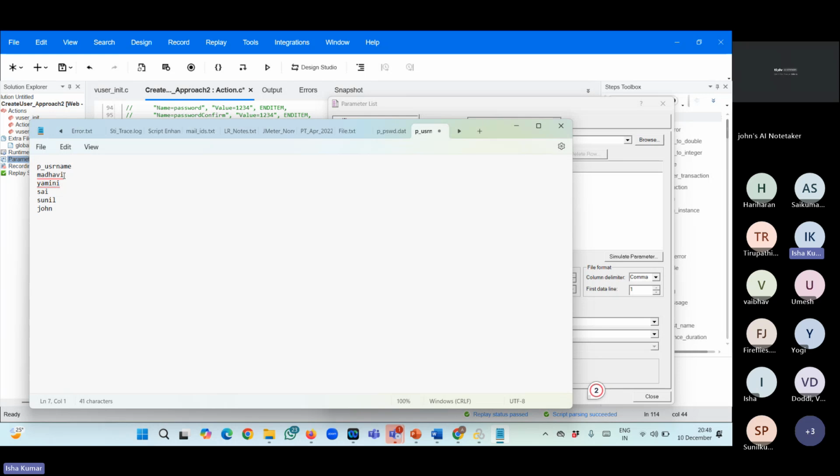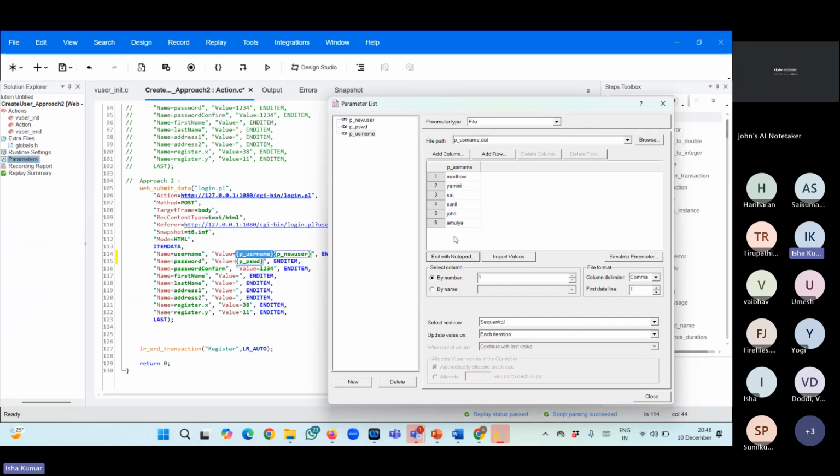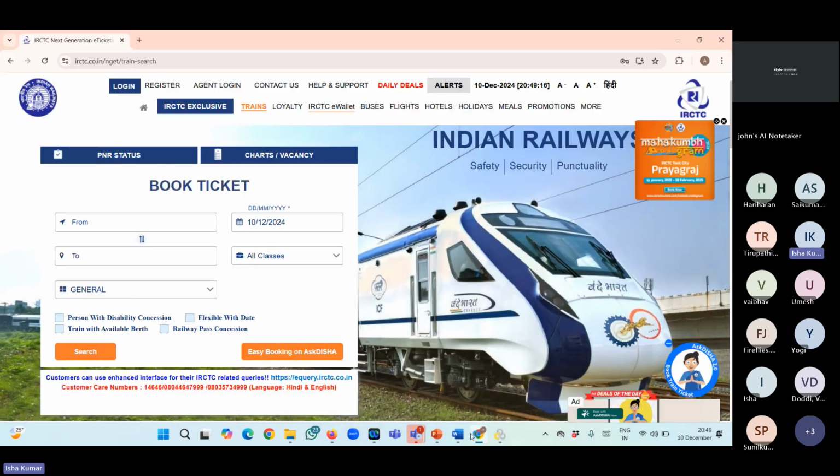Okay, Amulya, and I will be adding the required user credentials I need to import into my script. I will be recording only once, but I will use this script if Amazon wants to check its login functionality for 1 lakh users. So I'm going to record my script